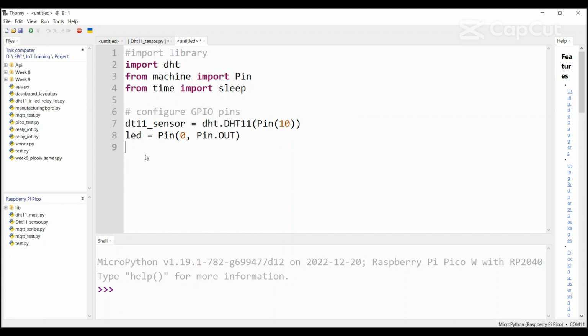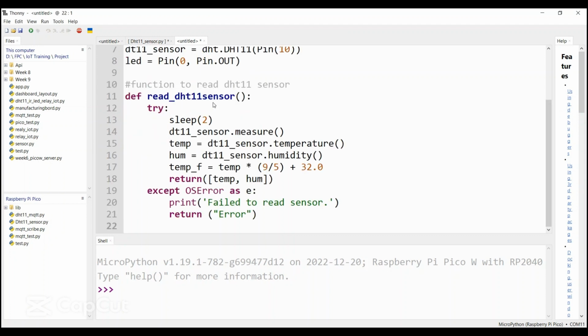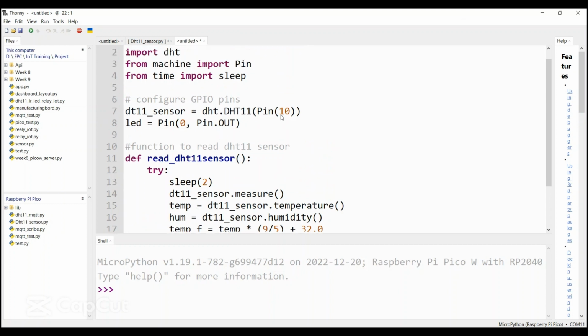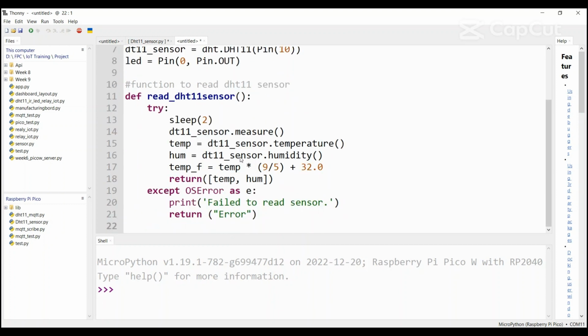Okay. So the next thing is we're going to write a function to read our DHT11 sensor. So I'm going to insert the codes here. So this function read underscore DHT11 sensor reads the value from our DHT sensor, which is connected to GP10. Okay. So basically, there's a 2 second delay. So the DHT11 sensor requires minimum of 2 seconds for it to reset and become stable in order to read